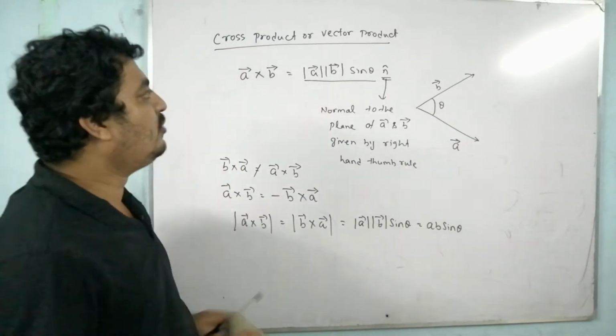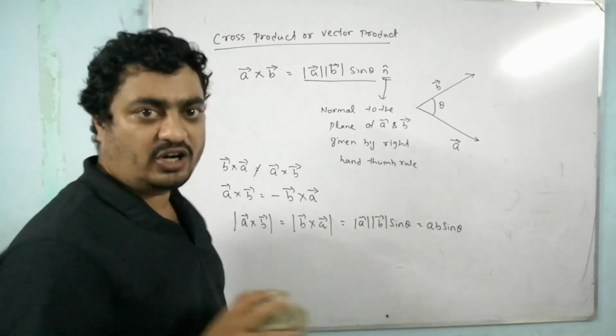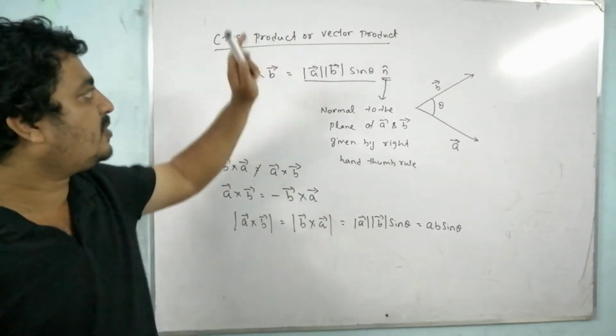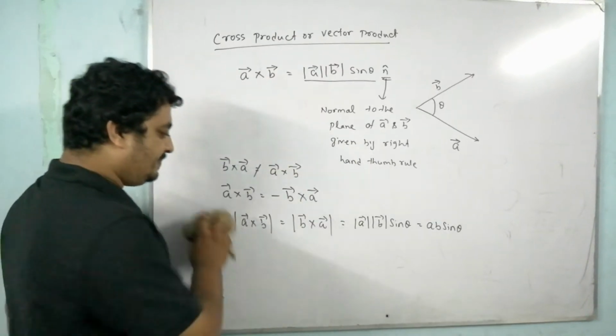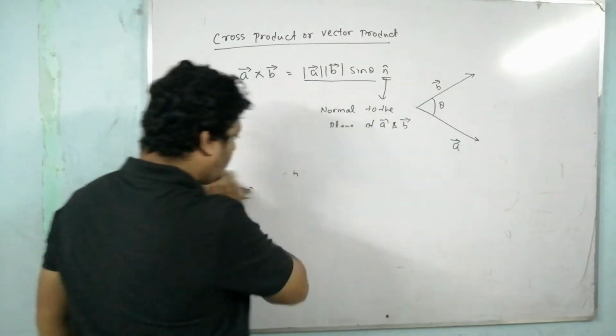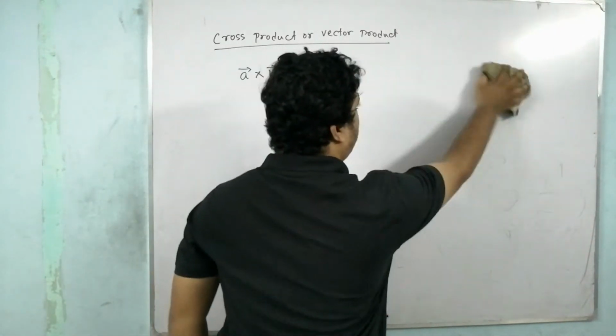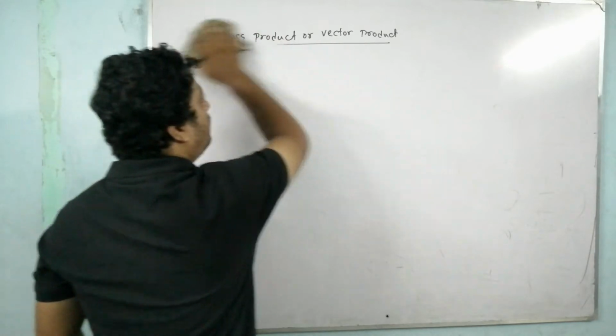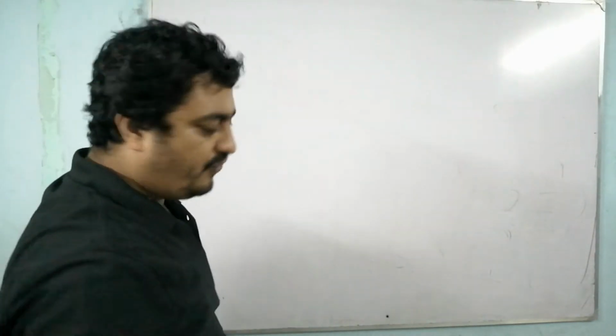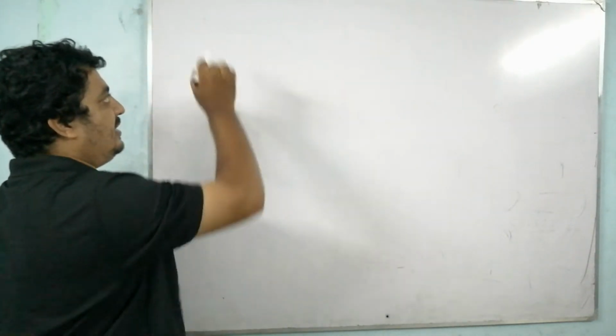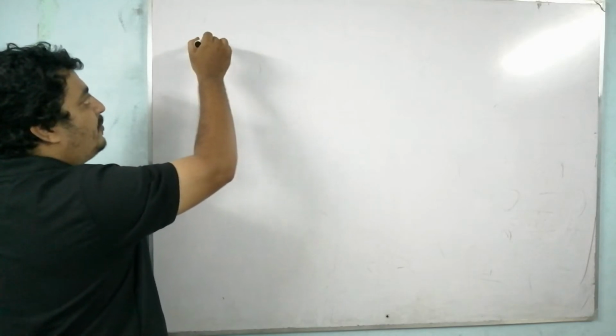So now we will go for properties of cross product. We will see what the properties of cross product are. So first property is it is not commutative. Now second property,